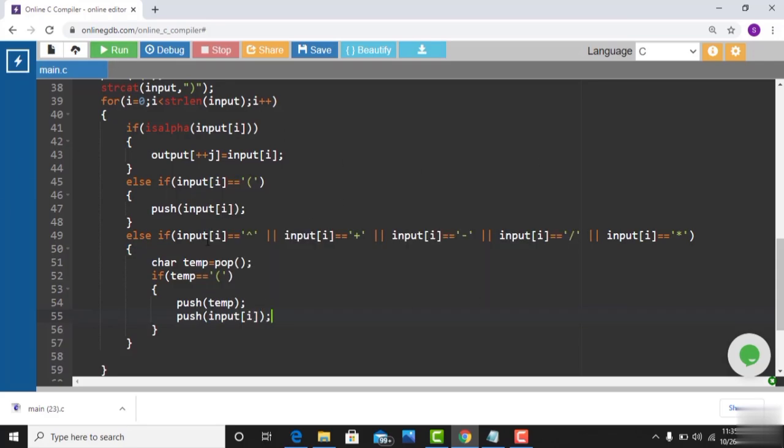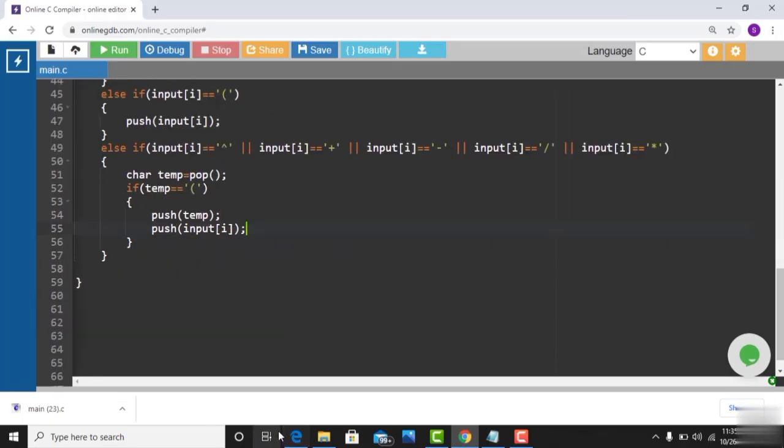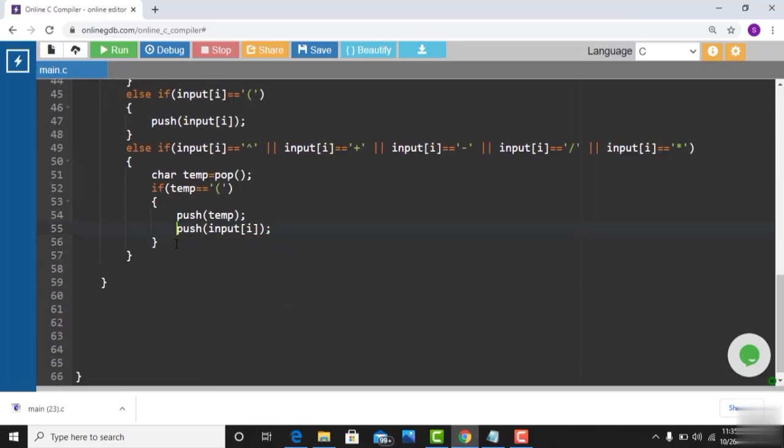So if the string has an operator, then pop the first element from the stack. Check whether it is an opening parenthesis. If this is true, then push the opening parenthesis back into the stack and push the operator also. Push the current operator also. So this is the case here. Else, you can check whether